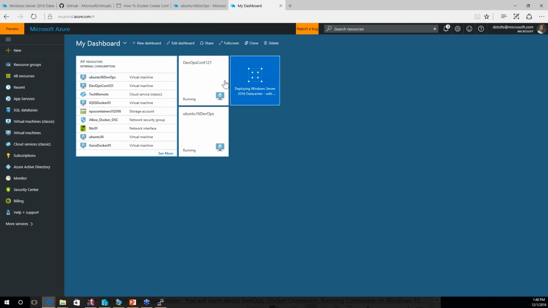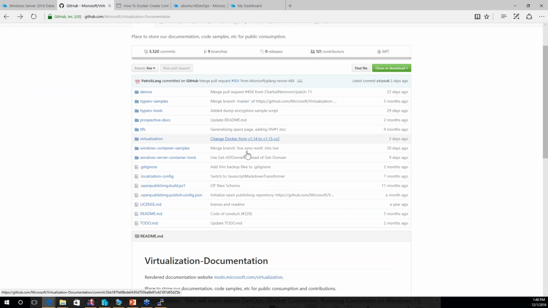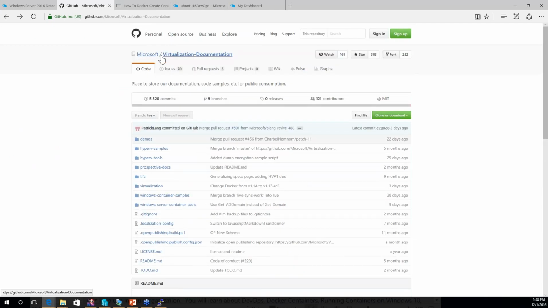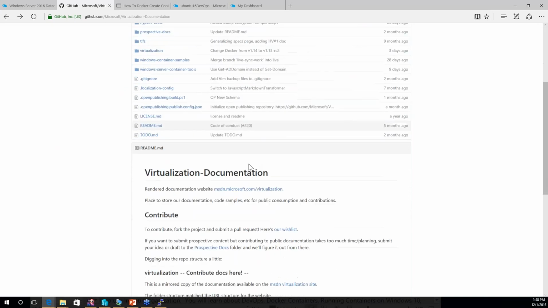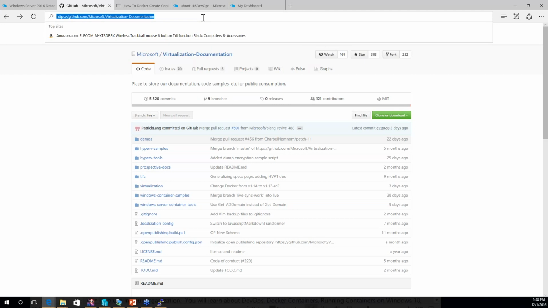But you can also, on Windows 10, install containers. And what I want to do is show you kind of a shortcut for doing that. There's this Microsoft Virtualization documentation on GitHub that walks you through the process of doing that. So if we actually just search on